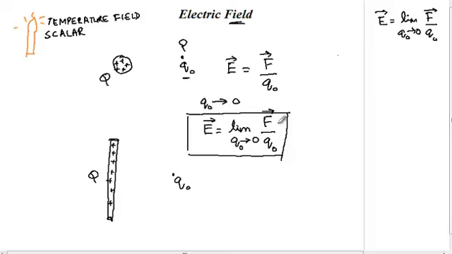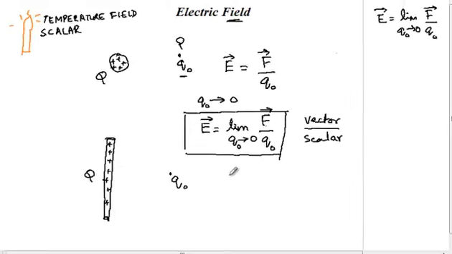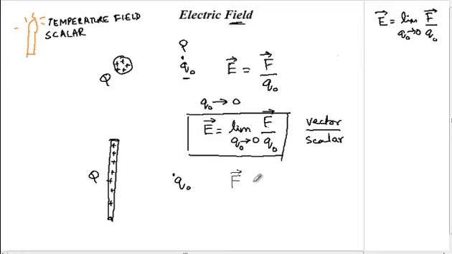Okay, now next let us take a look at the direction of the electric field. Force is a vector quantity and you know that charge is a scalar quantity. So the electric field is going to be a vector quantity, and the direction of the electric field is given by the direction of the force. Interestingly, this expression for the electric field can be used in both ways. One is to find the electric field using the force on a charged particle, and the other is to find the force on a charged particle when it is placed in an electric field.